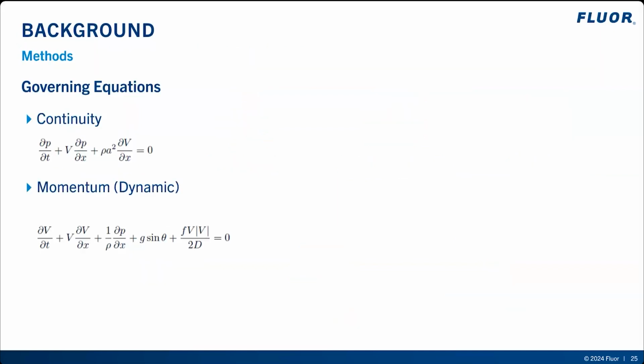In this slide, I'll briefly touch the detailed simulation methodology, including the governing equations and their numerical solutions. The fundamental equations that govern hydraulic transient in liquid pipeline systems are derived from the conservation of mass and Newton's second law of motion, as mentioned by Thomas earlier. By applying these principles to a small control volume within the pipeline, we obtain a set of non-linear partial differential equations. These equations, the continuity equation and the momentum equation, are challenging to solve analytically due to the non-linear